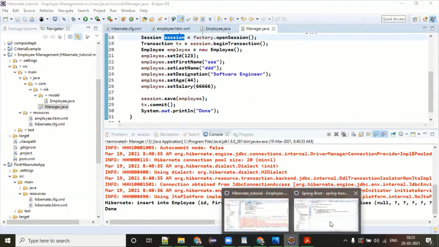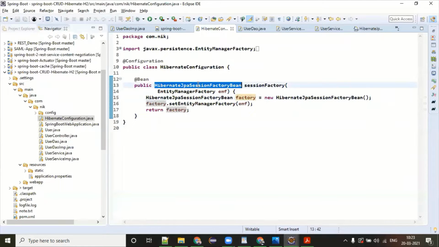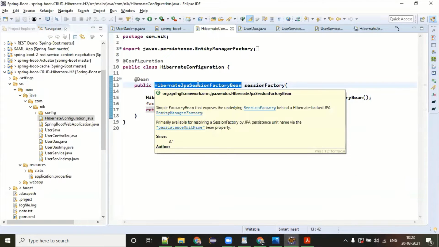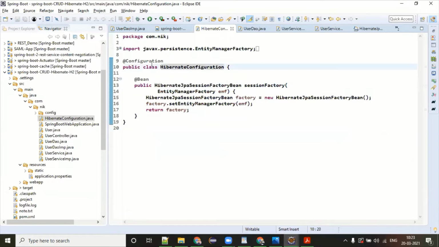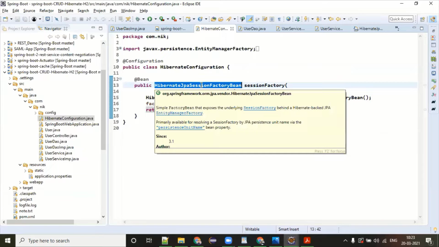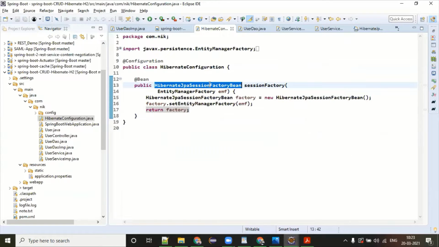Here also in Spring Boot, we have to define one bean of session factory. In this class I have just kept the configuration, making sure that after this, the session factory bean is going to be created. The name of the session factory in Spring is Hibernate JPA session factory. Actually, it is an implementation of session factory.